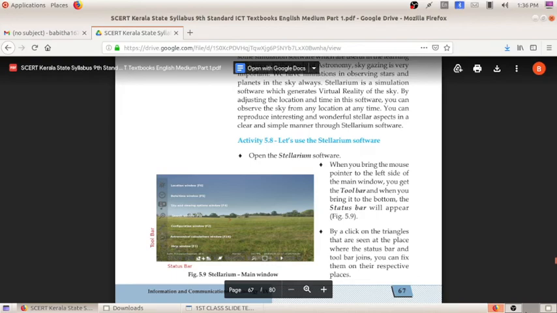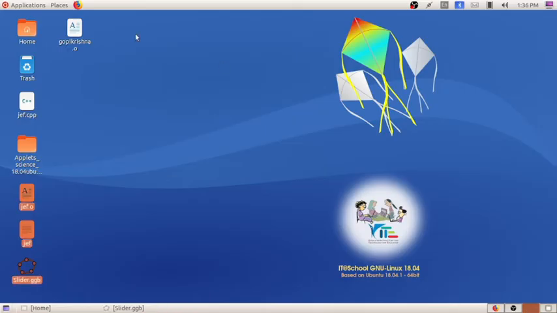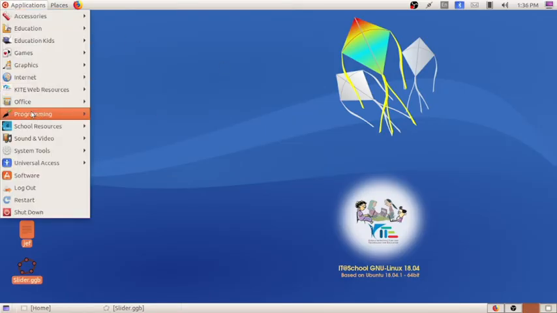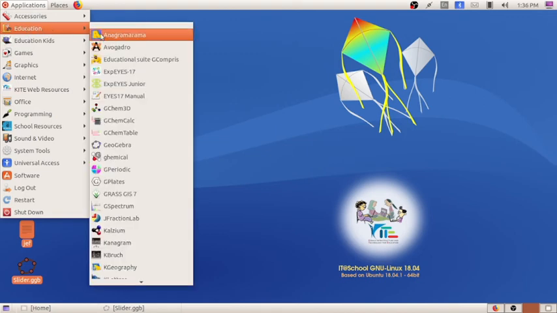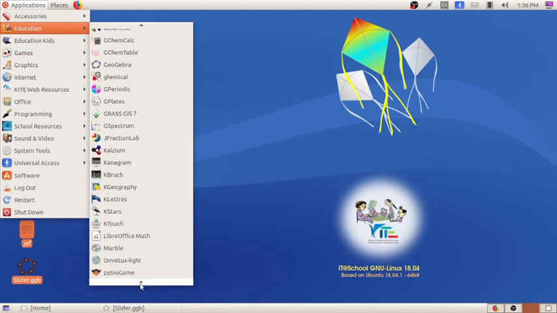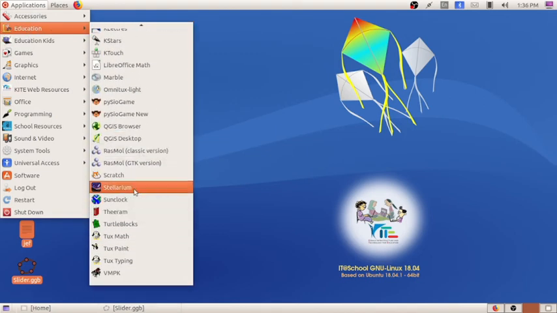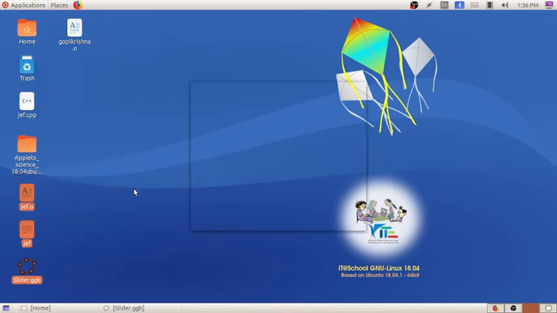So I will be opening the Stellarium software: Application, Education, Stellarium. Let it come.